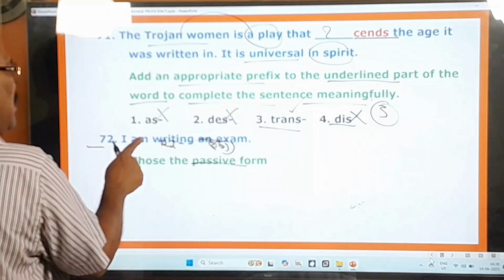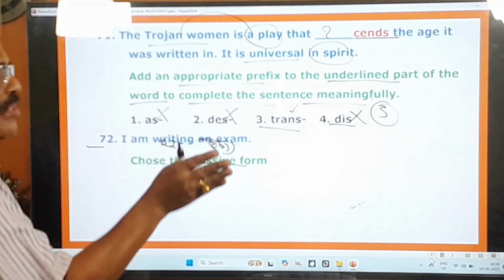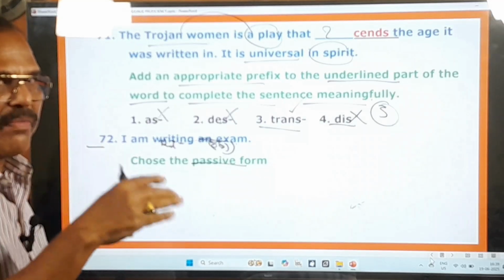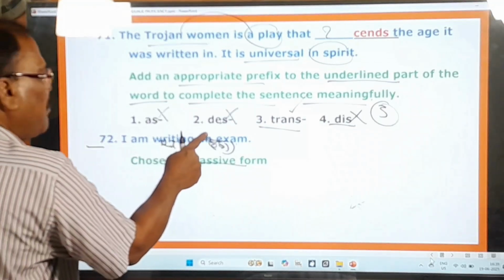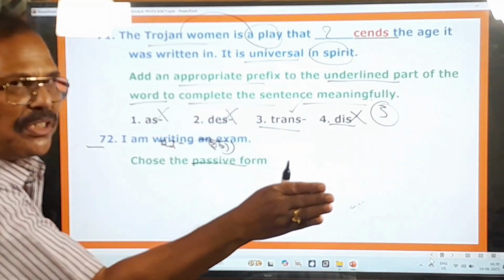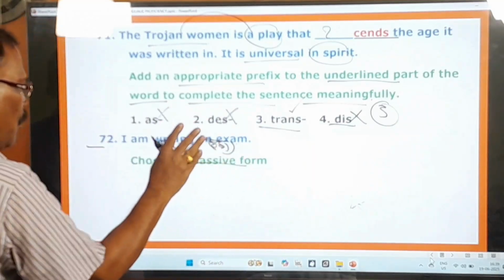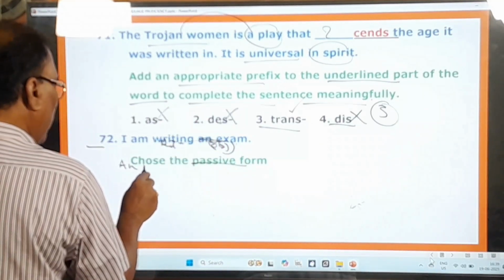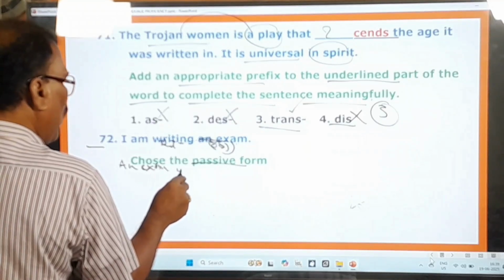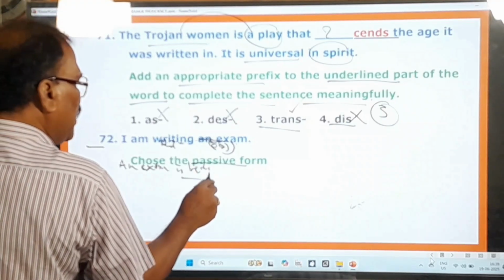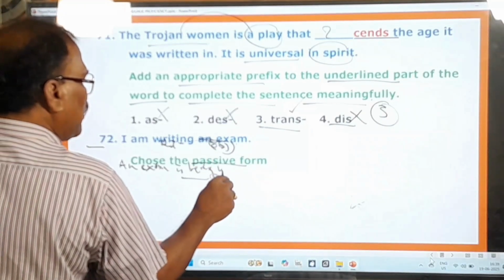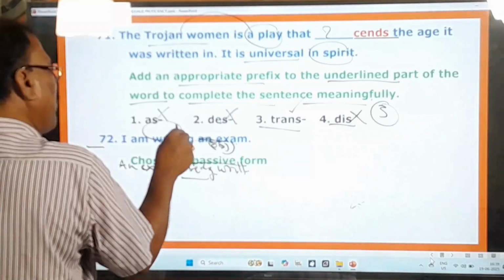Now next step, this is in the present continuous. What to be used in the passive voice? If the object is singular, is being should be used. If the object is plural, are being should be used. That is only the rule. So an exam, singular, is being, and writing is turned into written,